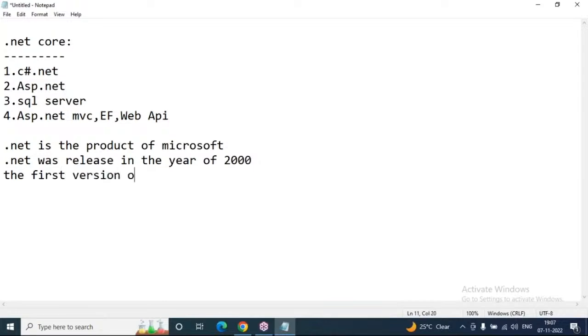The first version of .NET was released in the year 2002. From 2002 till 2022,